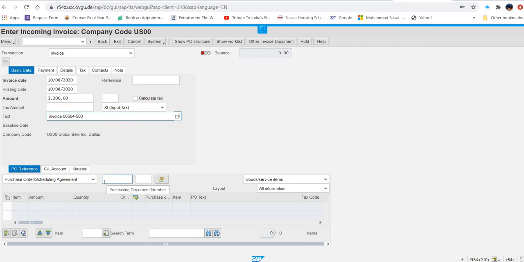So what you are going to enter here, check your company code US00, and you have entered all this data, and then make sure this is free, this is empty, and then you will press enter.